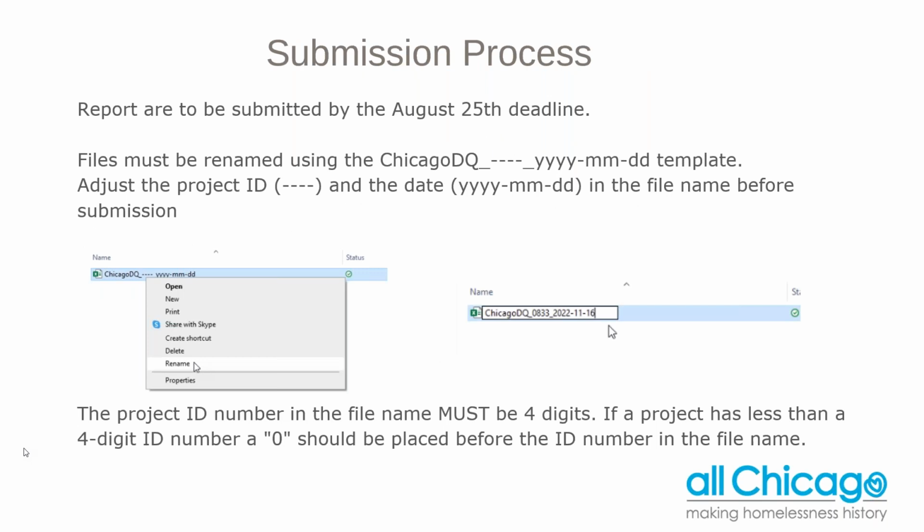Okay, so for the submission process, reports are to be submitted by August 25th, which is the deadline. The files must be renamed using the naming convention that we have here. When you download the report out of Business Objects, you're unable to change the name to something custom. The file name that you're going to have is the Chicago DQ underscore 4 consecutive dashes underscore year month date. Once you download this report within your file explorer, you're going to want to change the name